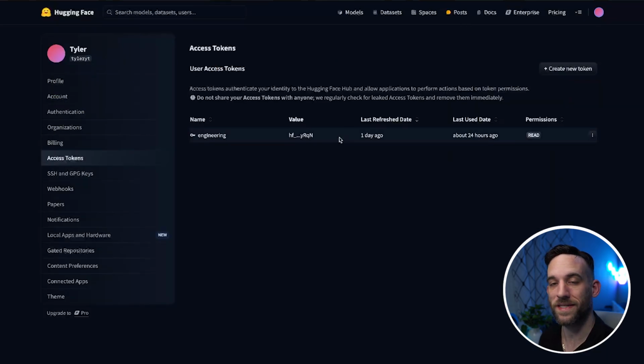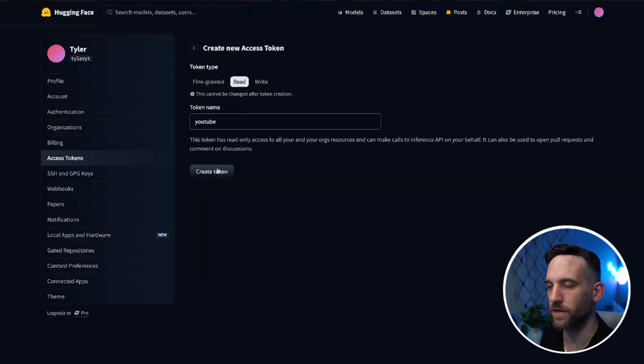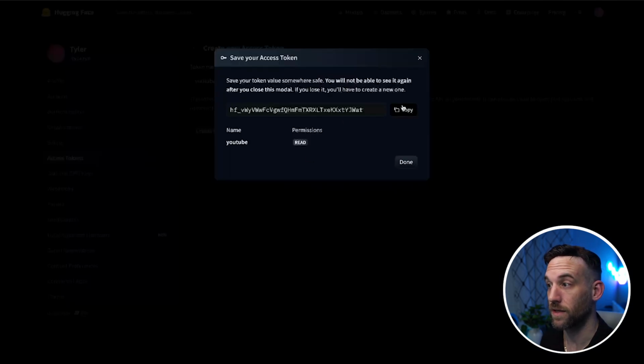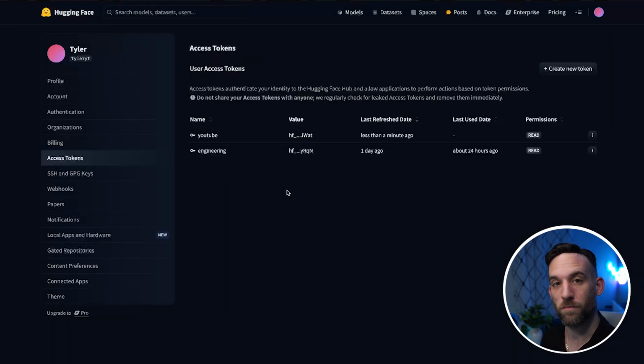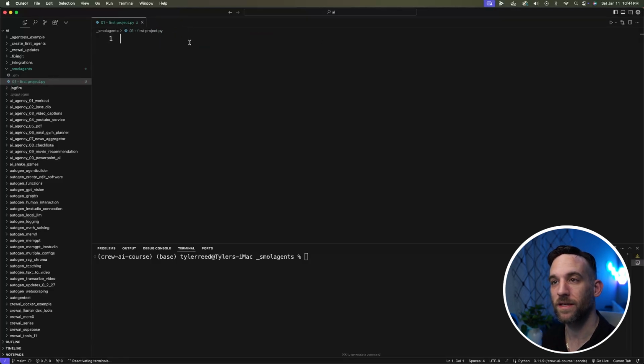And this is what we actually need. Now, I already have one, but what you'll do is click create new token. Just give it some name. Let's say YouTube, and then let's just say read for now. Then click create token. Now I'm going to copy this. I'm going to go back to Cursor, and you just paste that in here. And yes, this will be deleted by the time you see this. So that is now all we need, which is going to let me get into creating our first project,